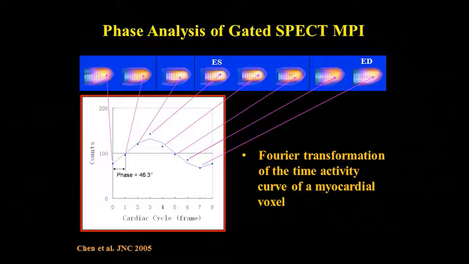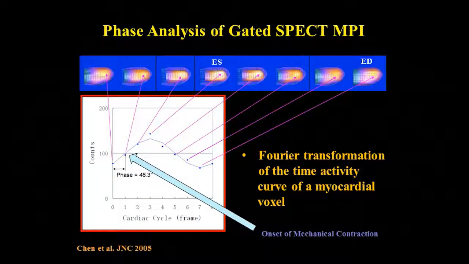Now one must know when the myocardium starts contracting, and for the purposes of phase analysis, we identify that point as the phase in the cardiac cycle when the count density of a voxel goes over the mean count density. Let's say in this voxel, the maximum count density is about 200, the mean is about 100, and at phase 46 degrees, which is within the first frame of the cardiac cycle, the count density increases over the mean count density for that voxel during the entire cardiac cycle,